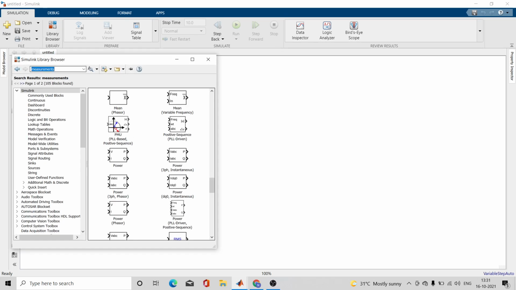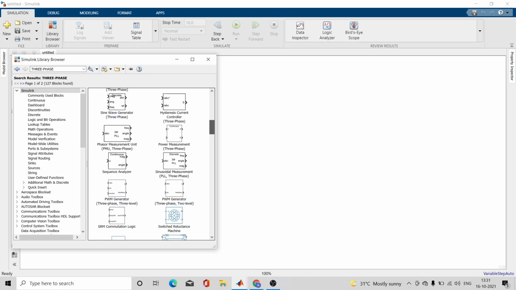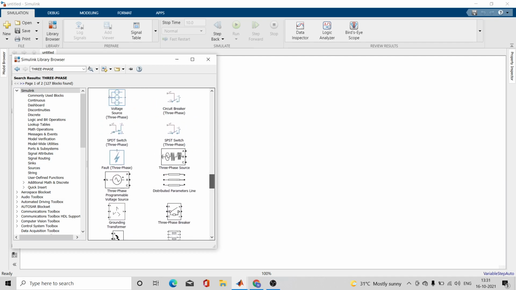I will take three phase supply. So I'll just find three phase source. So this is the three phase source. If you click on that component, right click on it, and add to model, add this block to your model.